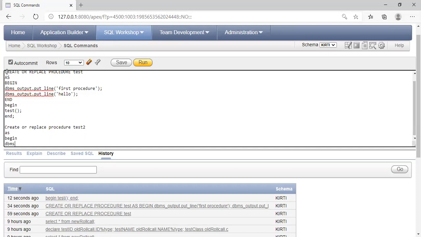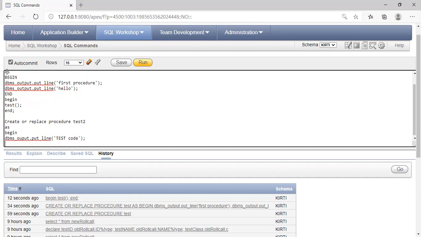Simply dbms_output.put_line, 'test proc', with a single quotation mark to close. So we have printed just one string using this particular test2 procedure. And then we end the begin clause.